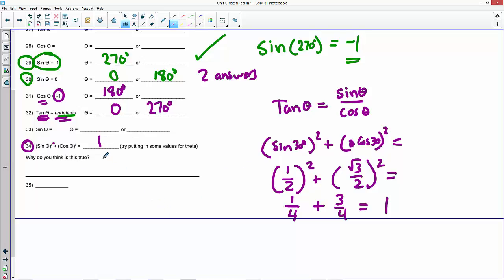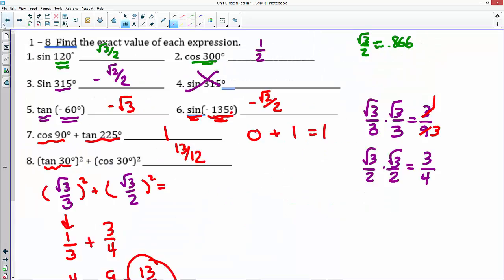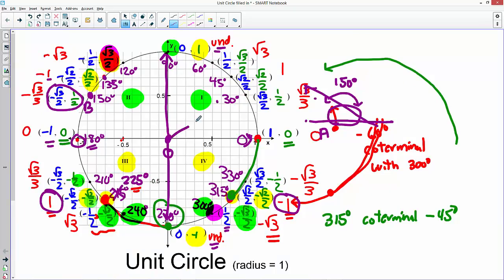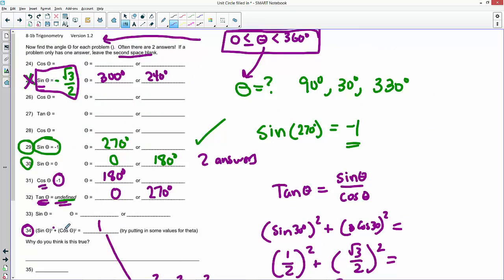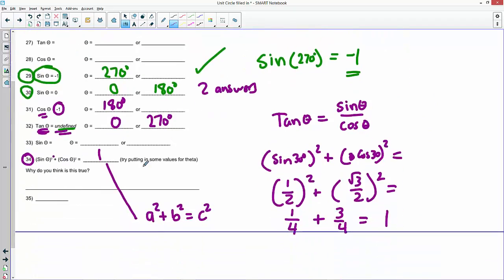That's always true because if you look at this, it looks very similar to this. A squared plus B squared equals C squared. And if you go to our unit circle, that's what we're doing, right? In our unit circle, we are making triangles, even though we don't always draw them. There's a triangle. Okay, the hypotenuse is 1, so C squared is 1 equals A squared, which is the X value, plus B squared, which is the Y value, right? And of course, sine and cosine are the X and Y values. So that's why this formula